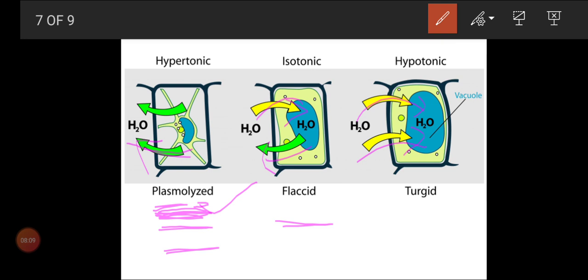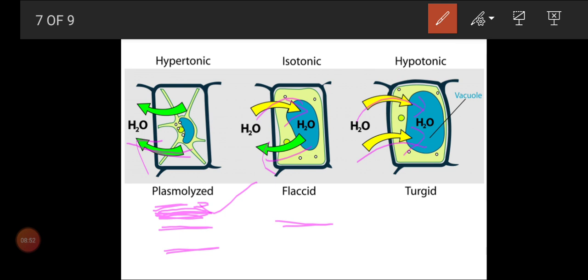So what could be an example of plasmolysis? Your pickle preparation. Normally your mother will cut the lemon and keep it inside salt. After one or two days, you will notice the lemon and also the mango will shrink, meaning all the water content comes out of the lemon or mango. The protoplasm contains nearly 90% water, so if all the water comes out, the protoplasm will die. That is what we call plasmolysis. Plasma means protoplasm, lysis means death. So the death of the protoplasm is called plasmolysis, and you get a pickle.